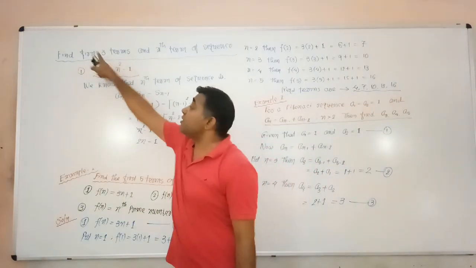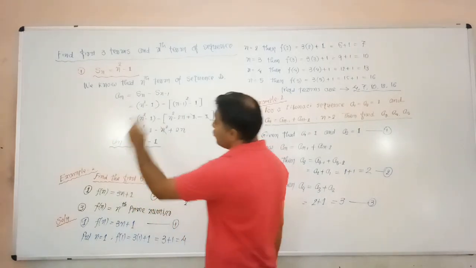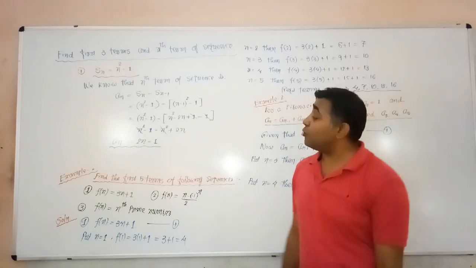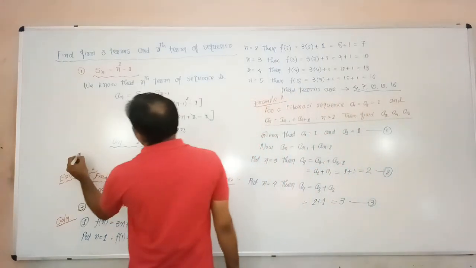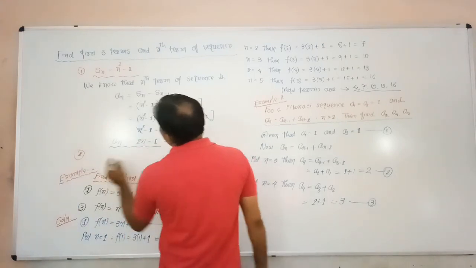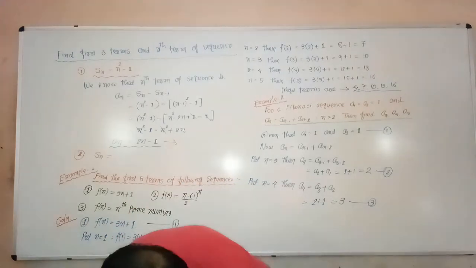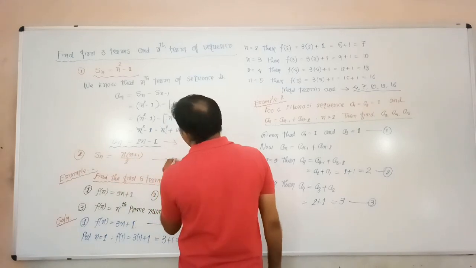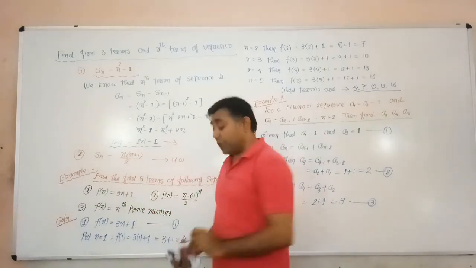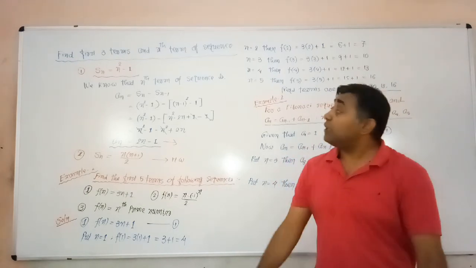And now the first three terms. Put n is 1, you get the first term, n is 2, you get the second term, and n is 3, you get the third term. So you can solve it yourself. One more example I will give you in homework. Try it yourself: Sn is given as n into (n plus 1) by 2. So this question is in homework. So I think here we have to stop now. The remaining things we will learn in the next